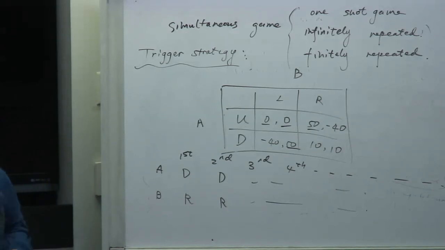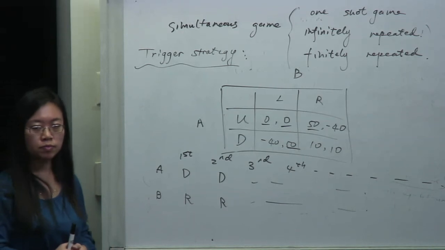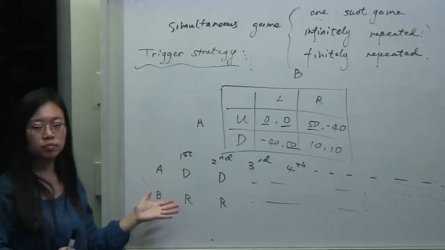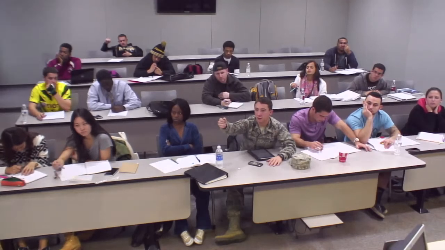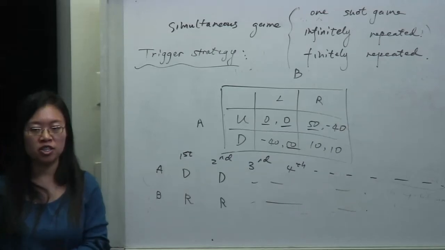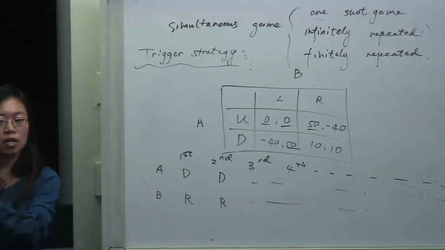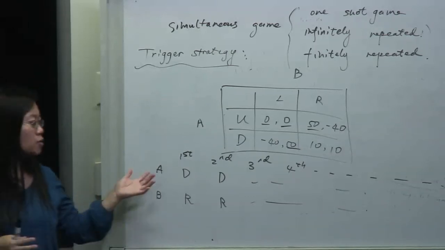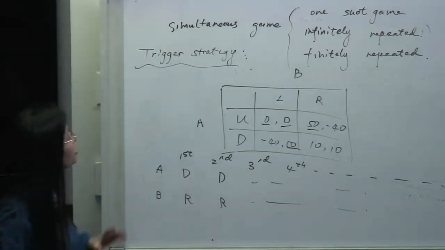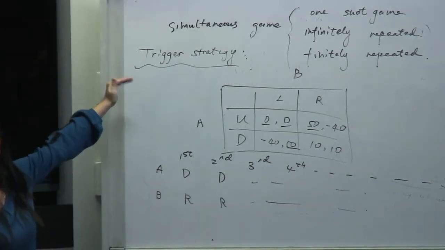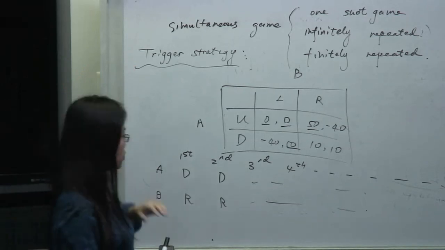So D and R are in equilibrium, correct? If company B were to go off, let's say to L or U, there will be punishment waiting for it. And because we have that punishment waiting, both guys will not deviate. So let's see whether this punishment works. We have to see whether this punishment works.